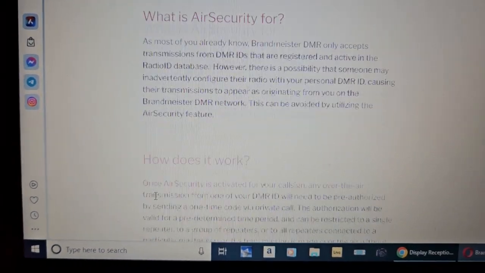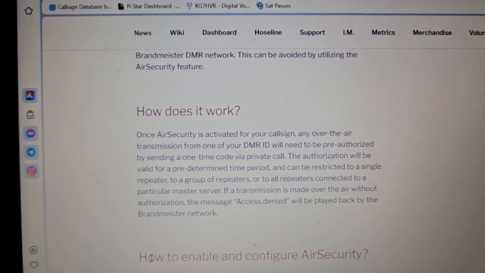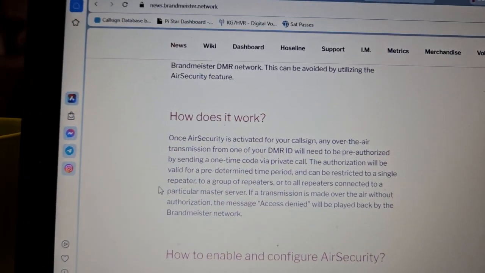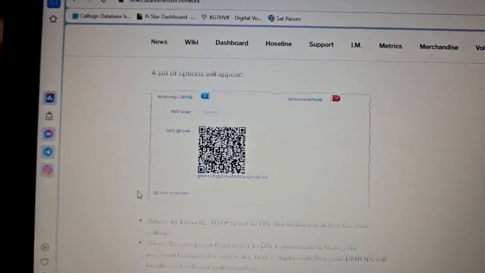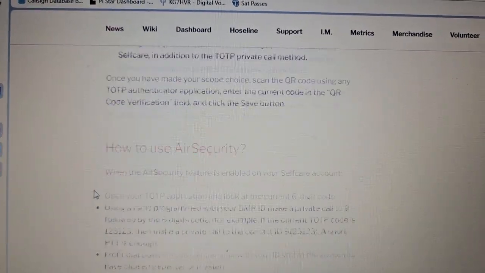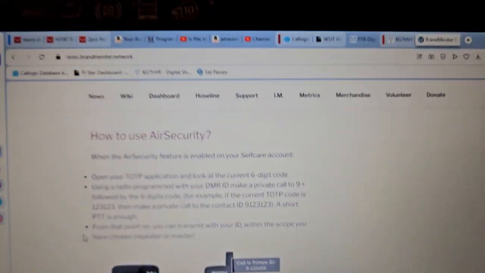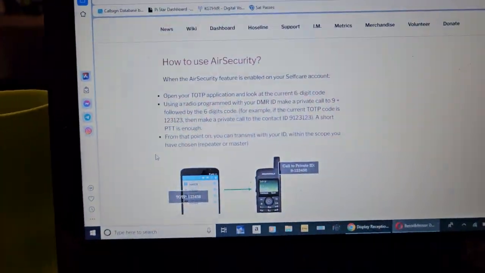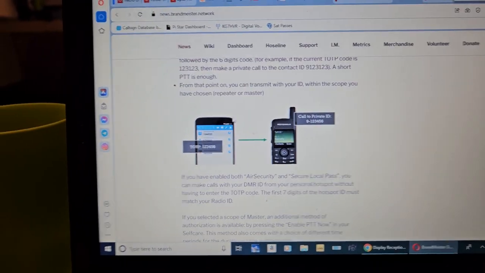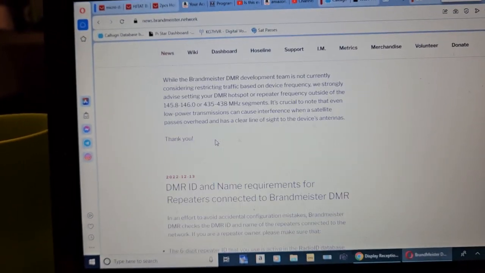This is the kind of crap I'm talking about, and this is probably why things aren't working again. How does it work? How to enable it? It's like I just want a simple radio thing. This is why I'm on RF, not the internet. You know, like this stuff's cool. You know, it's interesting, but